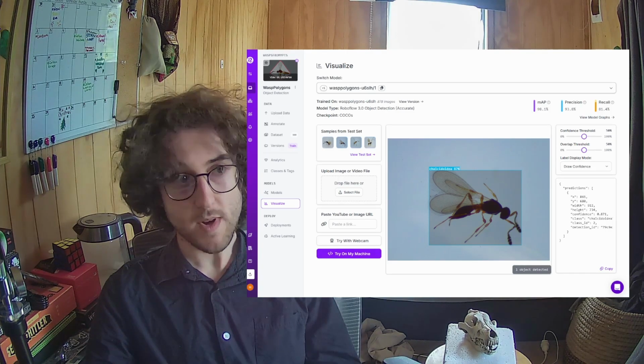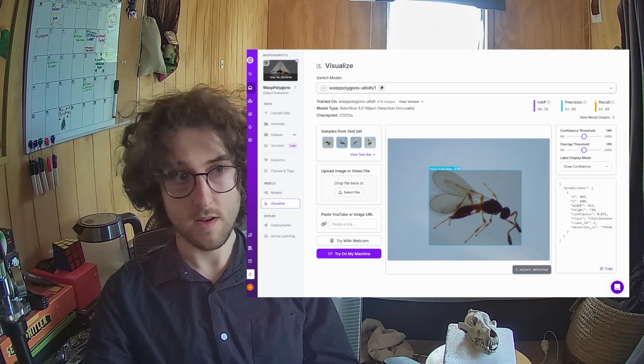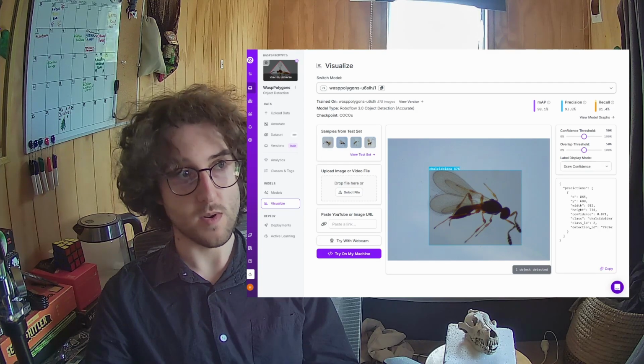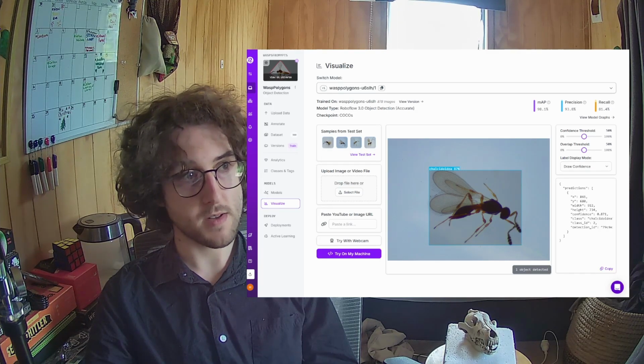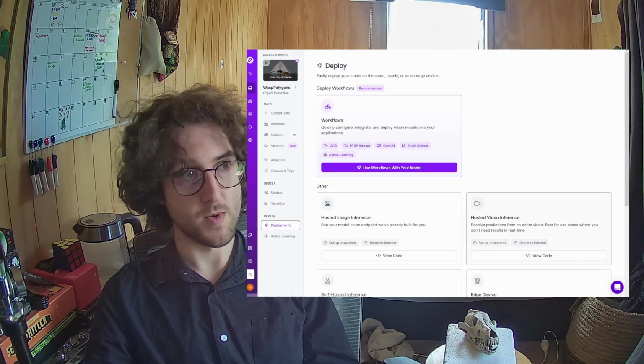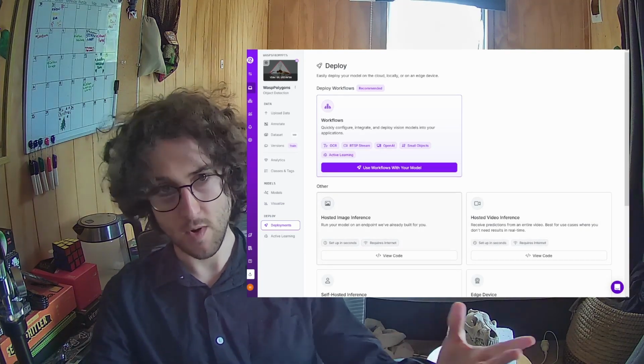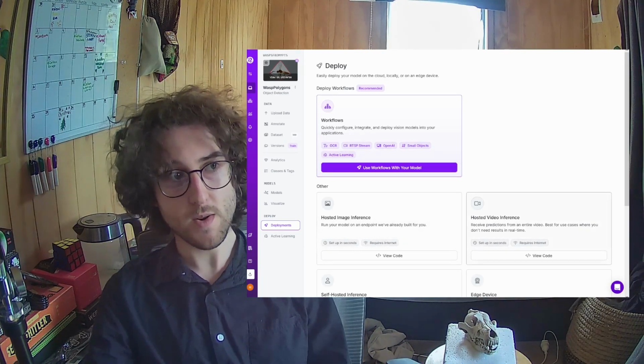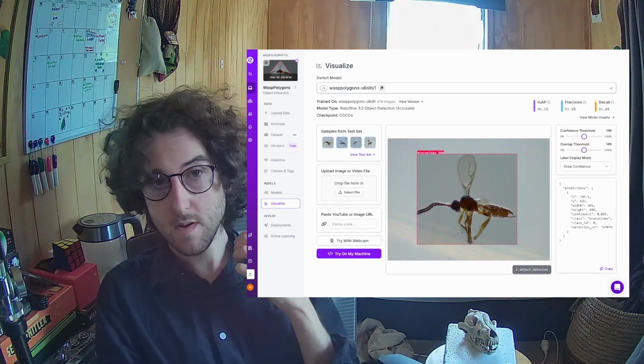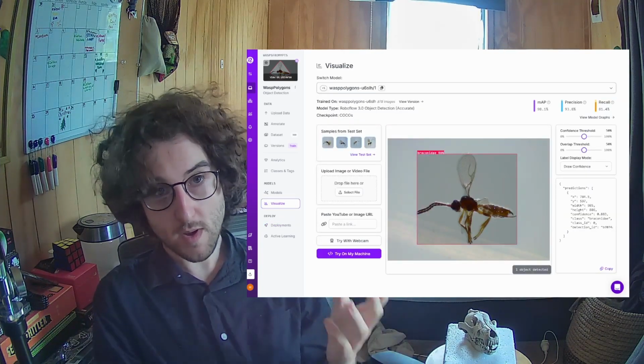So yeah, you can explore your model. You can see what it does. You are also able to deploy it. If you have somewhere you want to put it, you can upload it to the cloud. You can deploy it onto your device. So all in all, you can use RoboFlow